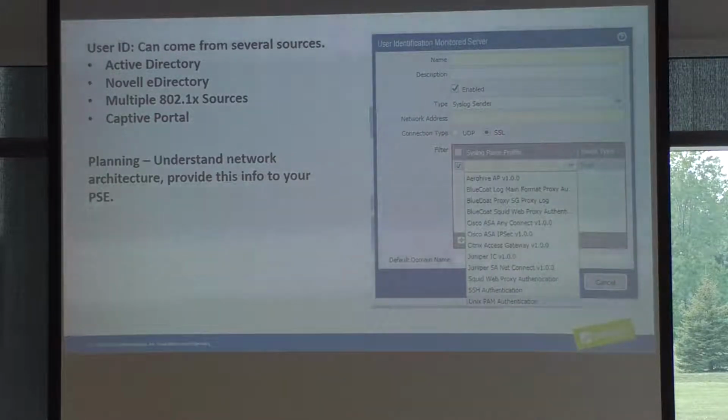Just rely on that, and if they don't have it, then force them to go through the captive portal. So you're saying Active Directory is not that good of a source compared to the others? It's better than nothing, but